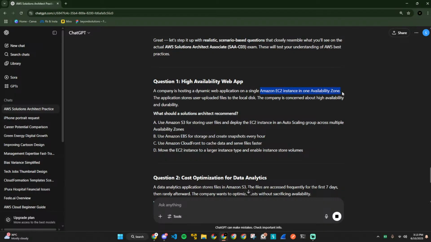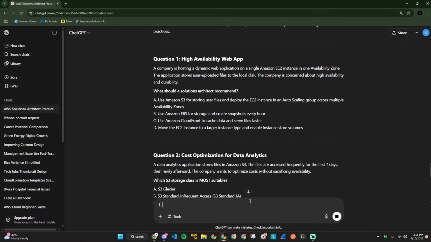Okay, so dynamic web application on a single EC2 instance in one availability zone, user uploaded files to the local disk. Right, okay. So let's say it should be a